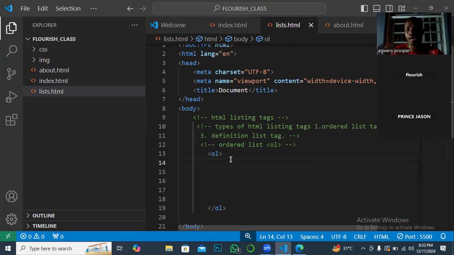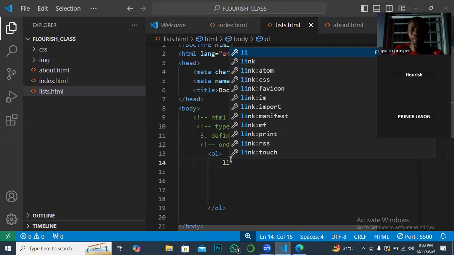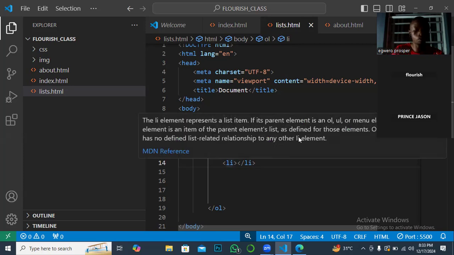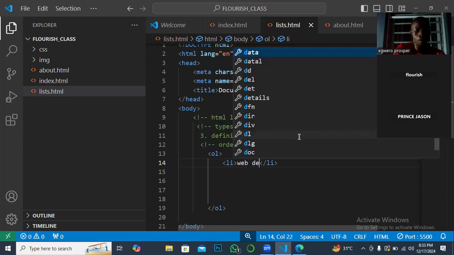So to mention the item, you use LI. That is the main list tag that we're talking about. LI is to call the item. But you cannot start with the LI until you have created a container, either with OL for order list, or UL for unorder list, or DL for definition list. So now this particular tag that I initiated is just to mention those items. Number 1, we offer